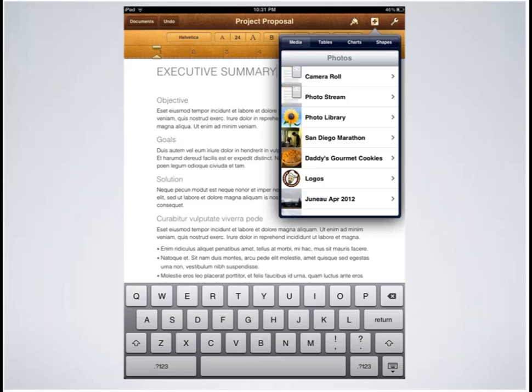Okay, so here we are in that project proposal again, and now I've basically just tapped on the plus sign there. When we tap that option, it brings up the menu, which gives us options for our media. And we see that we have the ability to access things from our camera roll, which is on our iPad. We have the ability to access PhotoStream, again, which is an iCloud